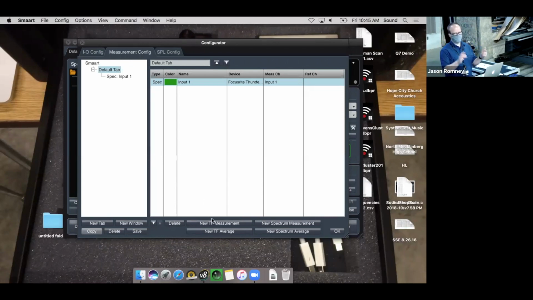The transfer function is the thing that compares 2 inputs, which is what we want to do. And in some systems, you might make multiple TF measurements, okay? We're just going to do one today to keep things simple. So a new TF